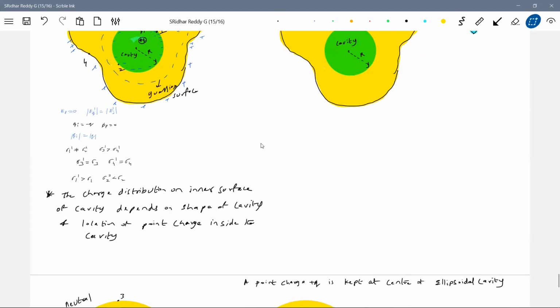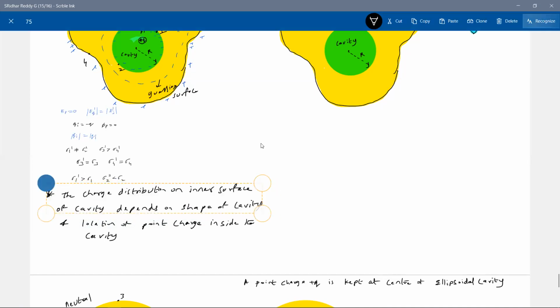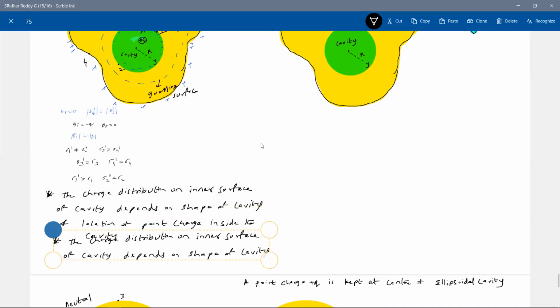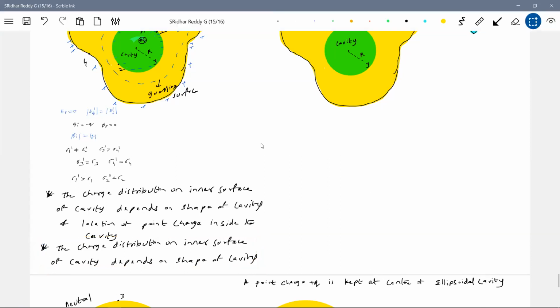So similarly, the charge distribution on outer surface of iron body conductor, I would have written, no, again, you'll start imagining some other thing. Outer surface of conductor depends only on